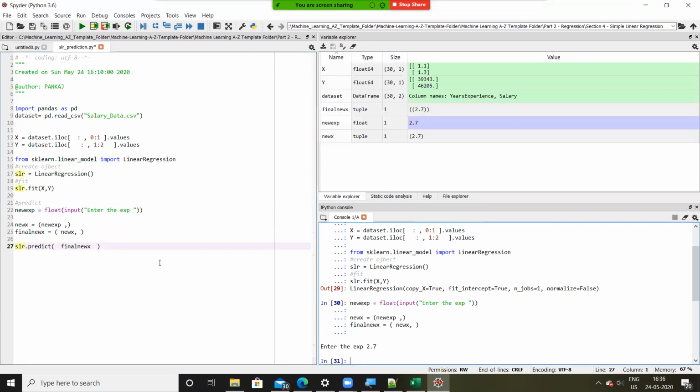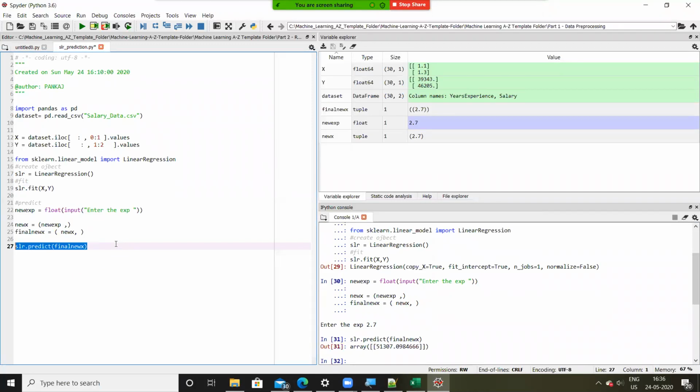SLR.predict. There you go. So see, it has predicted me this salary.